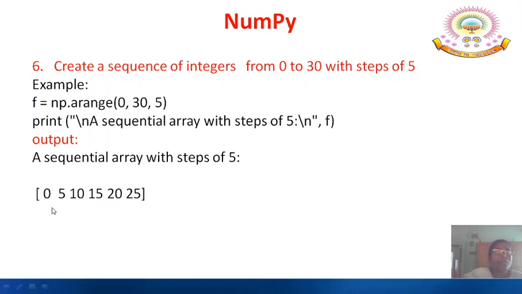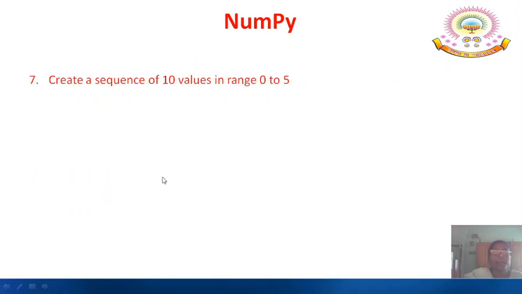It will start from 0, the interval is 5, so 0 plus 5 is 5, 5 plus 5 is 10, 10 plus 5 is 15, 15 plus 5 is 20, 20 plus 5 is 25, and it will discard this 30. So these many elements are created in a sequential array.